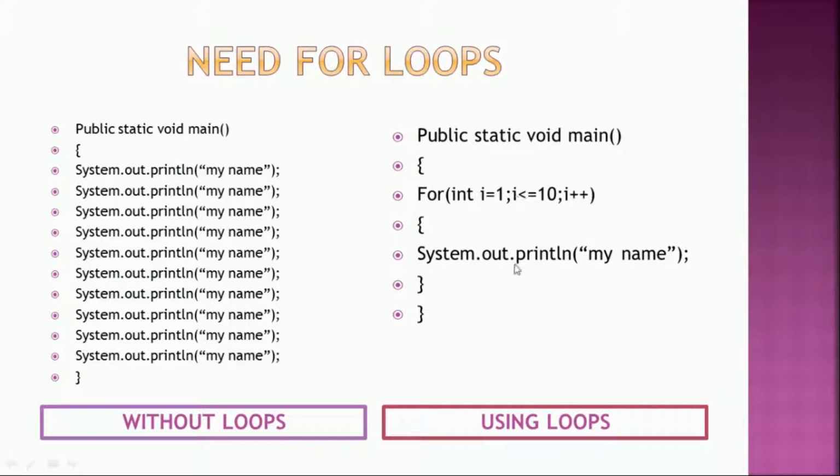So this way this statement will be executed as many times as the condition is true. That is, until the condition is true, the statements written inside this block will get executed. And since we have written from 1 to 10, this will print this statement 10 times. So both the programs are doing the same thing, but here our code is simpler using for loops. Okay.